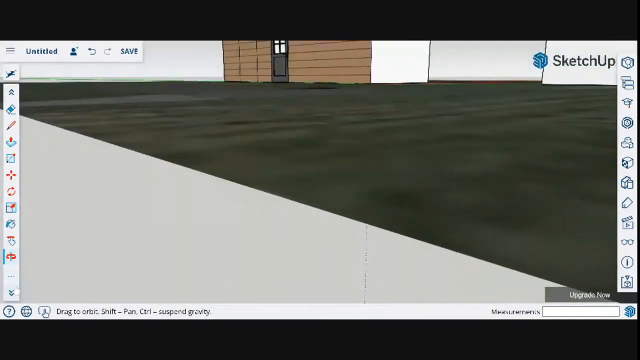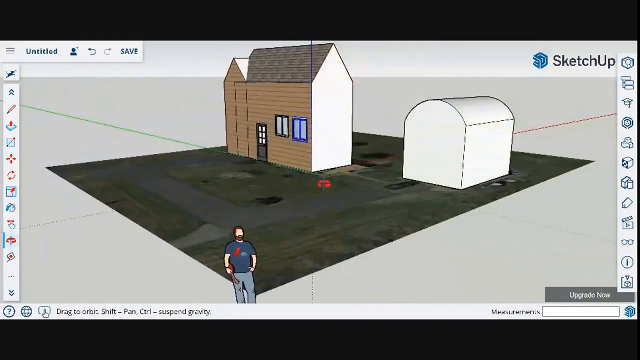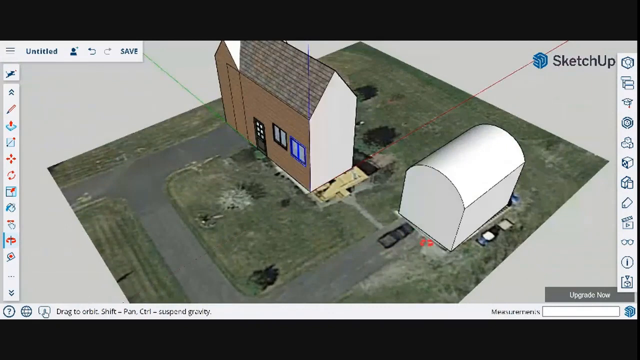So I'm going to hit zoom extents, since I'm zoomed out a little bit. So I'll go back to orange. You can kind of see. So now I'm there a little bit. You can see there's a car, there's a tractor, there's a porch. If I use the 3D Warehouse,